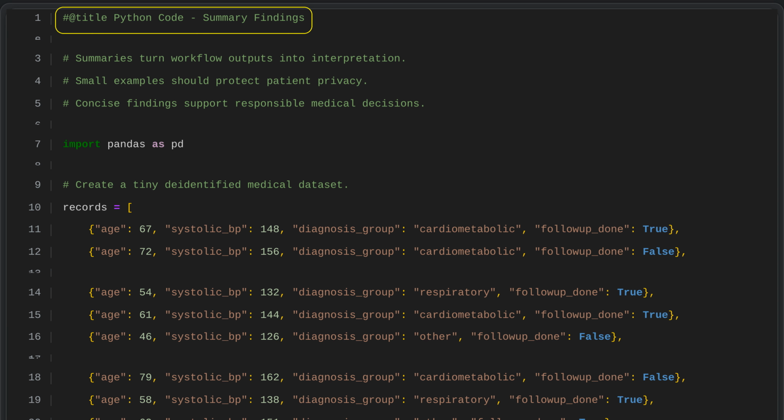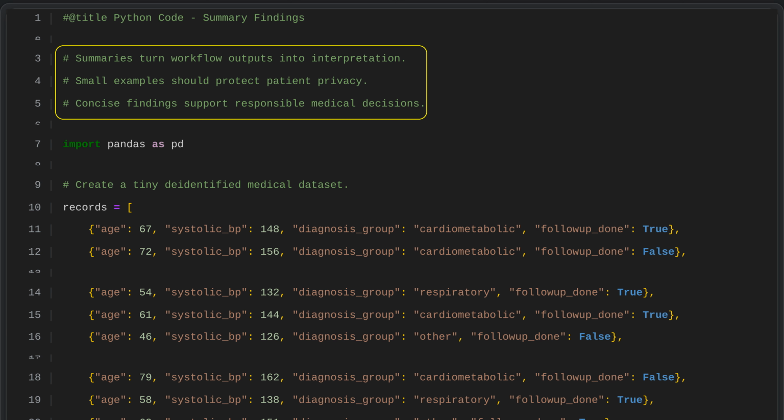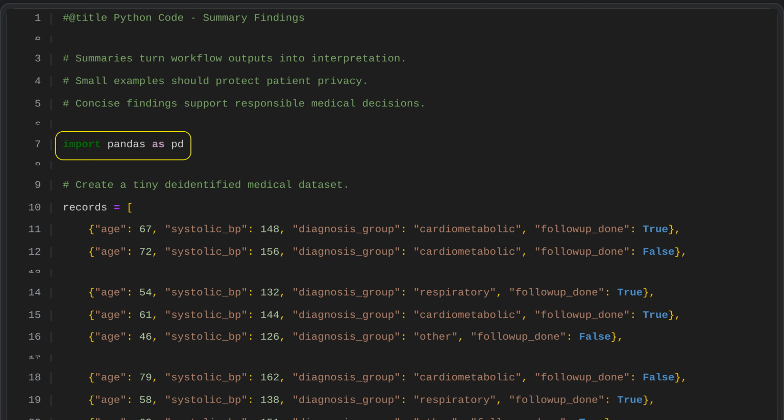Python code. Summary findings. Summaries help turn workflow outputs into clear interpretation. They should use small, privacy-protecting examples and present concise findings that support responsible medical decisions. The script starts by importing the pandas library, which is used in Python to work with structured data such as